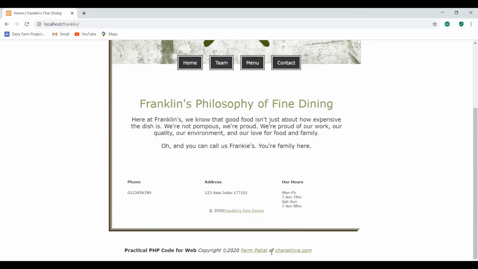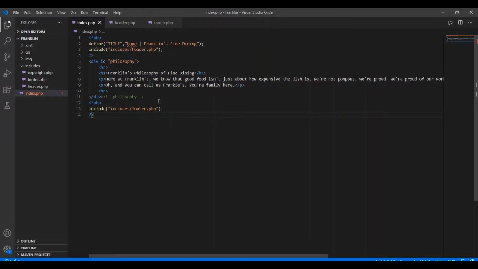The horizontal line does not look so good, so I'm going to add some style, called an inline style, to this.